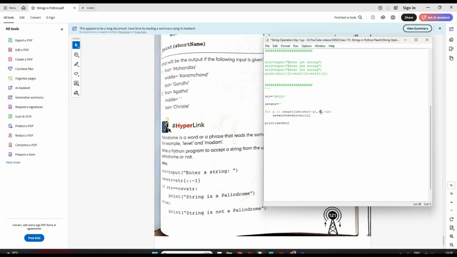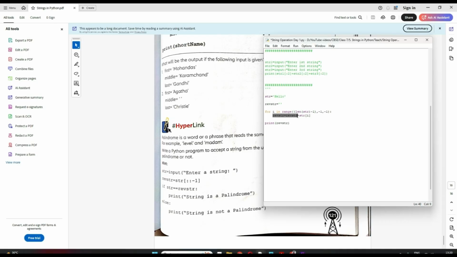Okay, so I cannot put 0 here, because you know the end in the range function always takes whatever value you write minus 1, right. So that's why I have taken minus 1, so that it goes till 0. And I will go in steps of minus 1, right, because it has to start from here and go backwards, right. So now for I in range this, length of the string minus 1 will be my index 4, right. So first my I is 4.